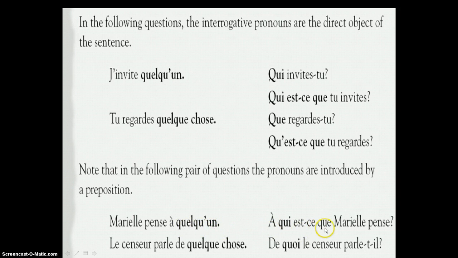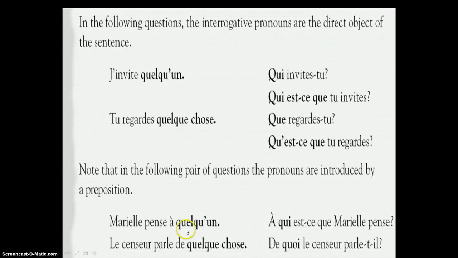And then this is an indirect object here, right? So it's que here, we talked about it already. And then here is de quelque chose. The vice principal is talking about something, but it's introduced by de. You notice here it's de, so you're going to start the sentence with de quoi. You remember that que becomes quoi in this type of pronoun that is introduced by a preposition. Whenever it is introduced by a preposition, the que becomes quoi. Remember that, and the qui stays qui.